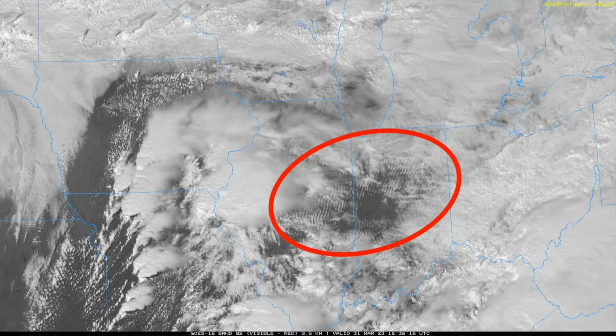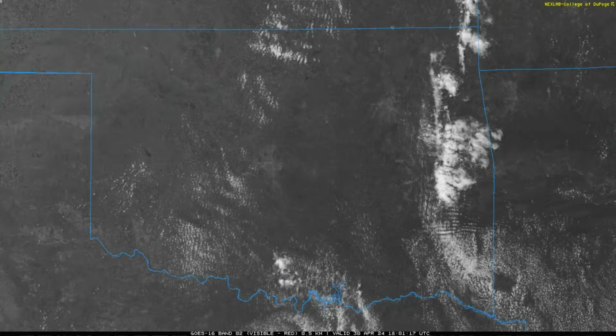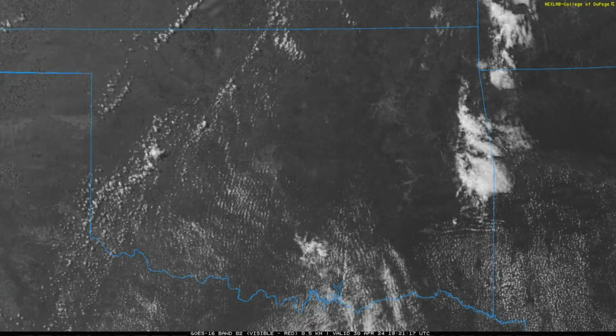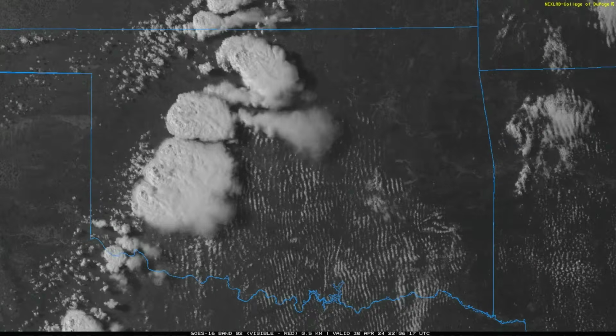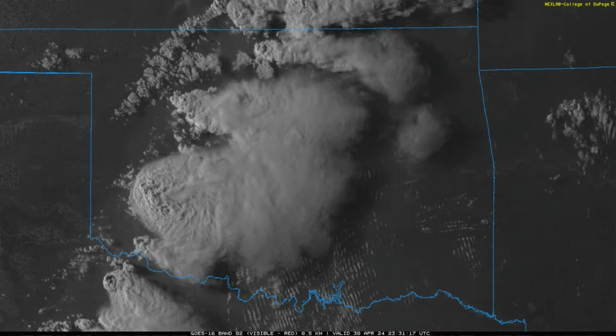So if you see storms that are moving into an area where these convective rolls are prevalent, that usually is a sign that the storms might struggle with low-level stability issues and may be elevated. Again, that means that it's elevated above a stable layer near the surface, which is unfavorable for tornadic activity. Oftentimes you will see these cloud streets dissipate as surface heating continues and the further you get into the afternoon,